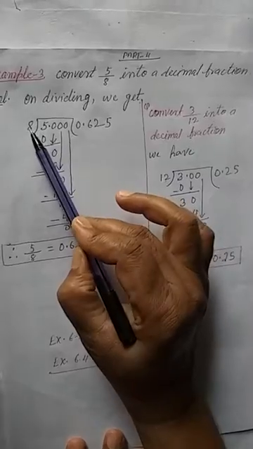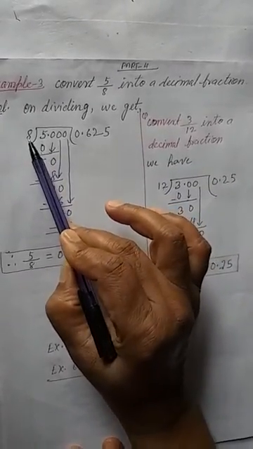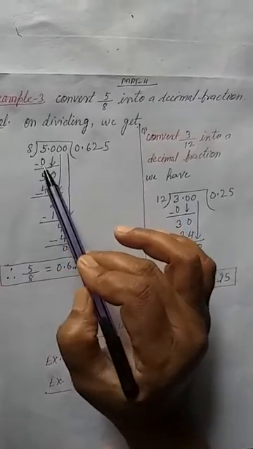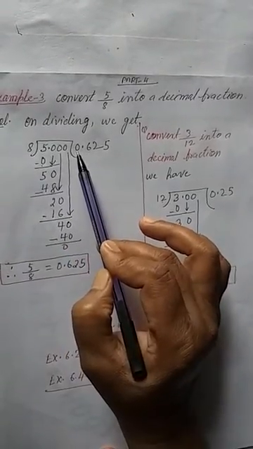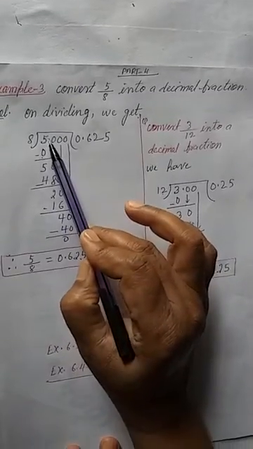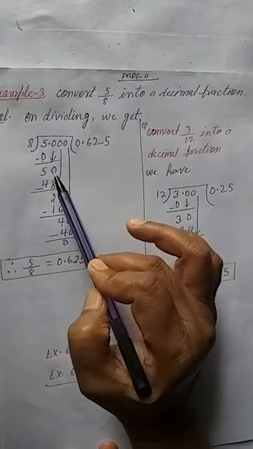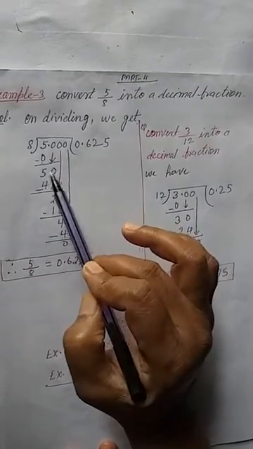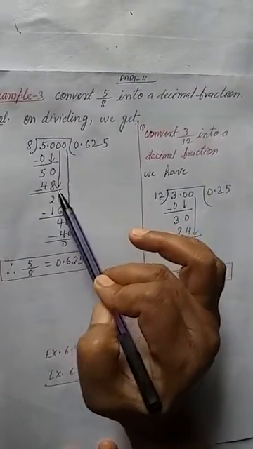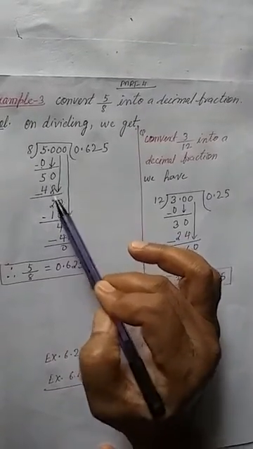Here is 5, here is 8, which means the dividend is less and the divisor is more. So we divide 80, 8 zeros are 0. Now subtract, then bring down 5. Here the decimal point comes, so put the decimal point. After this bring down 0, so it becomes 50. Now 8 sixes are 48, subtract 48 from 50, here 2.